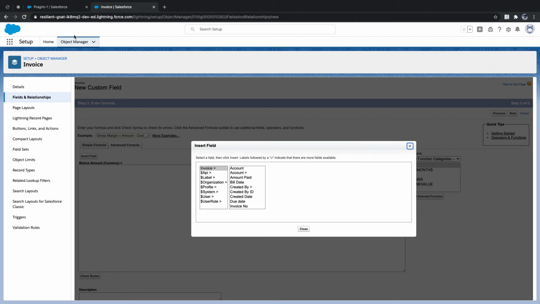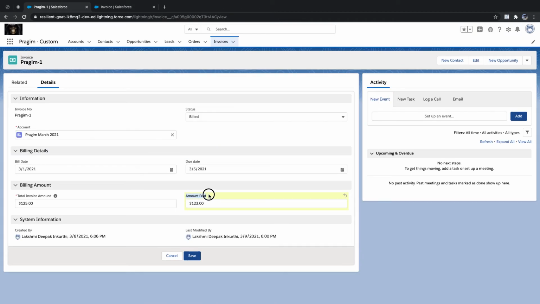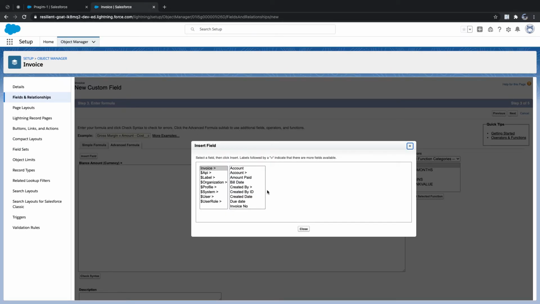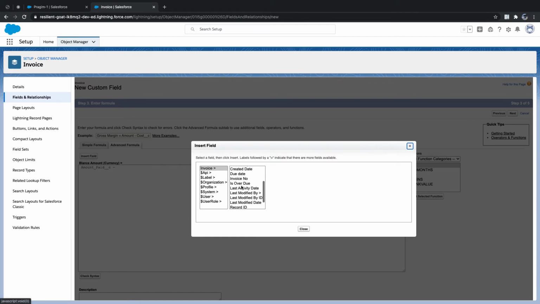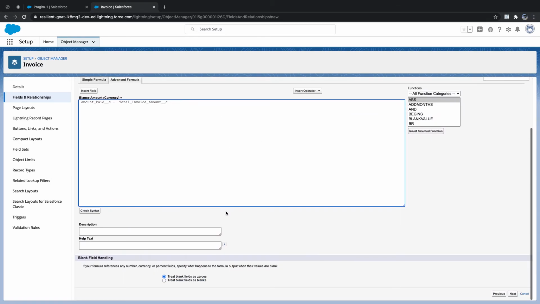The same thing. So here I'll consider my amount paid will be the highest value, and total invoice amount will be the lowest value. So what I do, I subtract total invoice amount from the amount paid. If amount paid is greater, I'll get a plus value. If it is less than total invoice, I'll get a negative value. The expression will always be amount paid minus total invoice amount. Total invoice amount, insert.